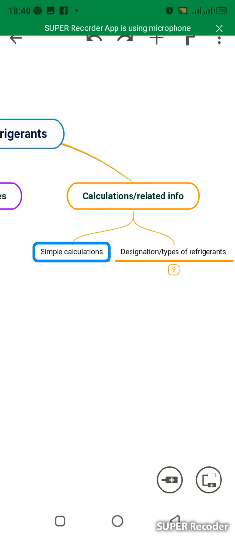Okay, so continuing from where I left off, and just recapping with more calculations and related info. That's what we were looking at. And to clarify,